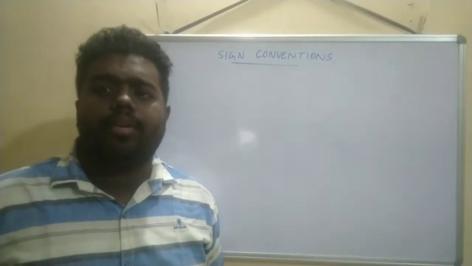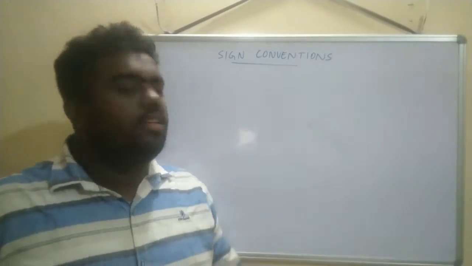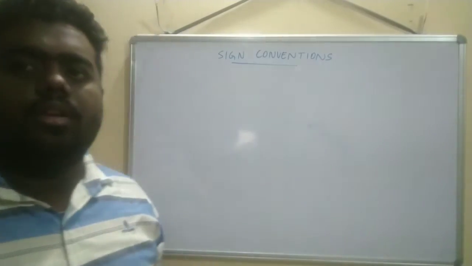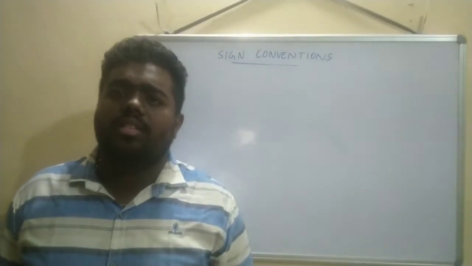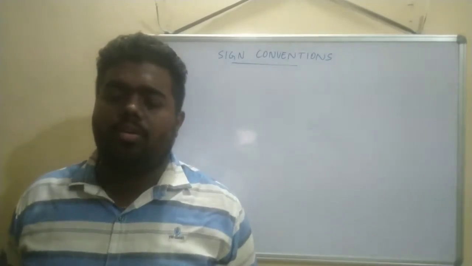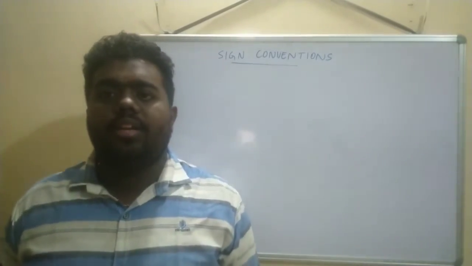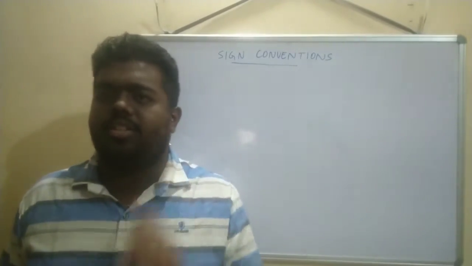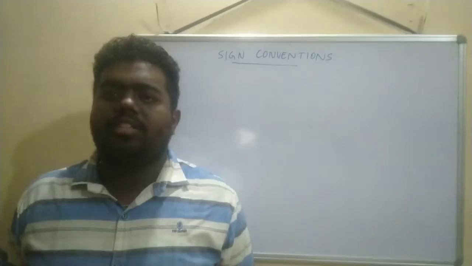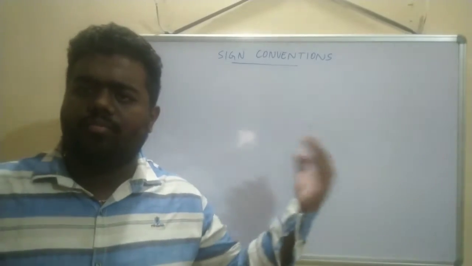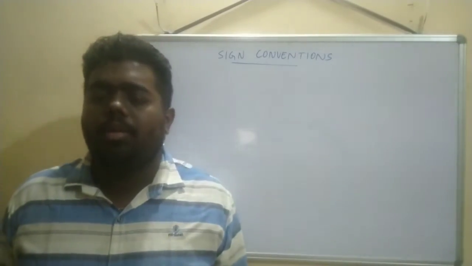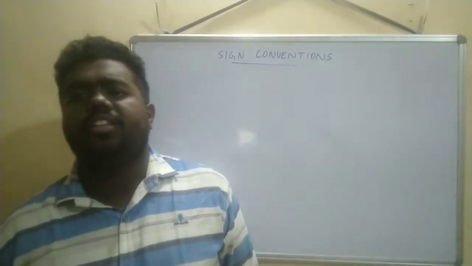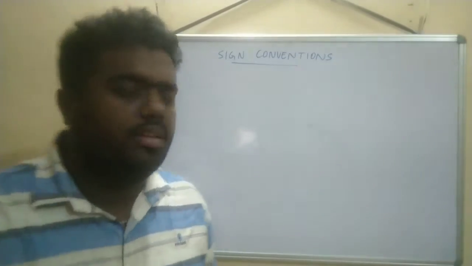So now one more topic before moving to numericals is sign conventions. We should also know about sign conventions. So remember one thing, this is like a Cartesian plane. The mirror is kept in between of the Cartesian plane, means at origin. The measurement taken on the left side of the mirror is taken as negative, and right side of the mirror is taken as positive. See here,